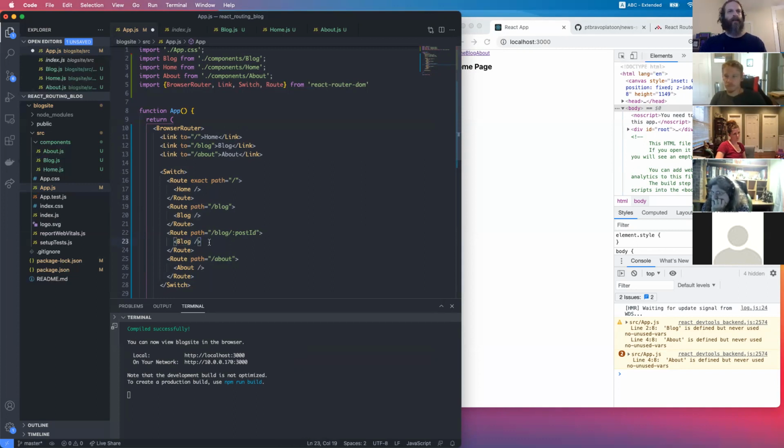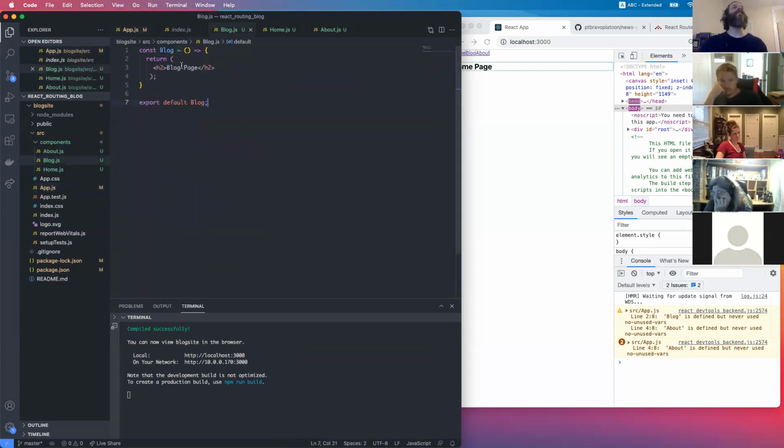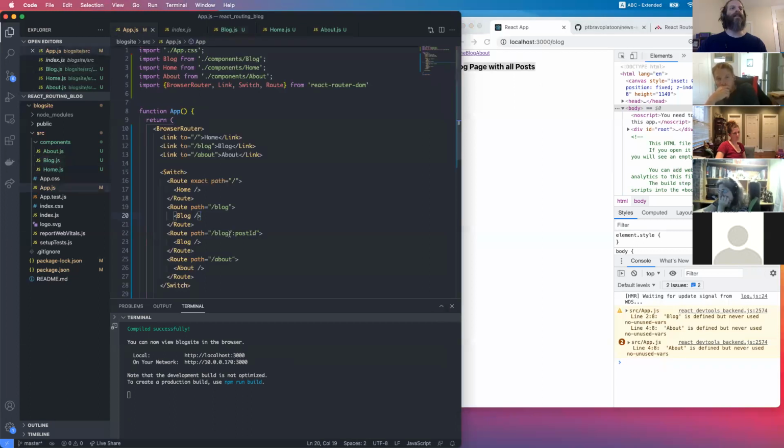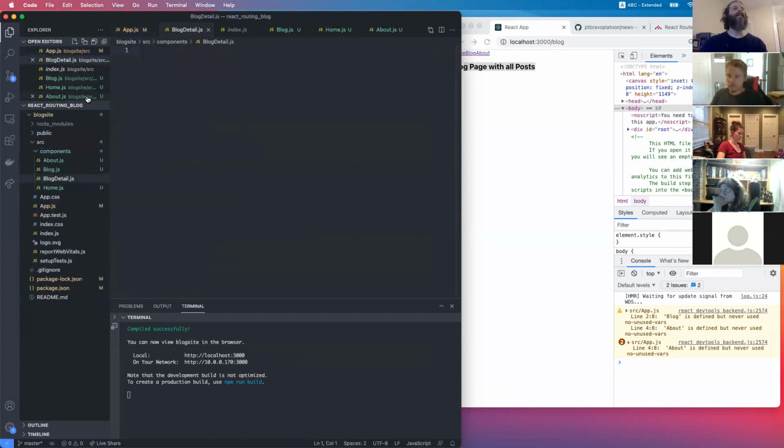And we don't want to go to blog. Maybe I should change blog to something like that. So this is the blog page. It's all the posts, maybe the list view or some kind of other introductory page. And then we want a detailed view for each blog. So I'm going to create a new component. It will be blog detail. Create a functional component, and for now,